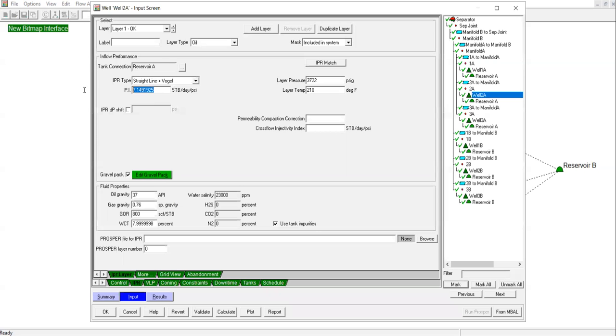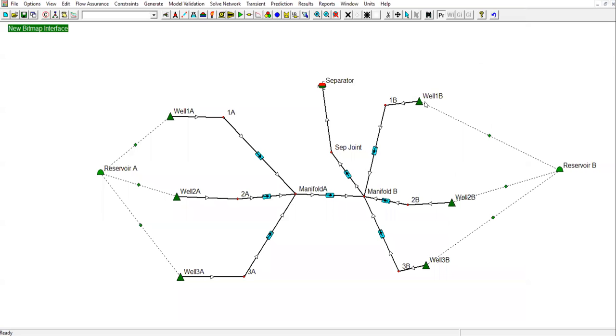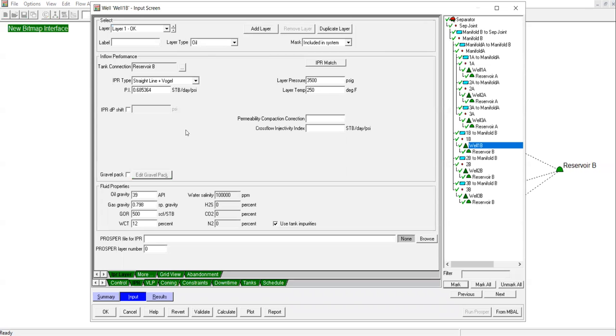Let's see now the well 2A, and then this is the layer pressure and temperature. And then for the well 3A, this is the PI, layer pressure, layer temperature. And for well 1B, you see,